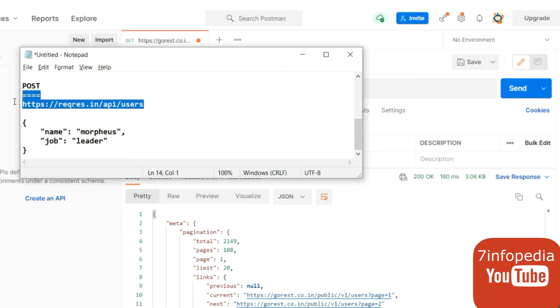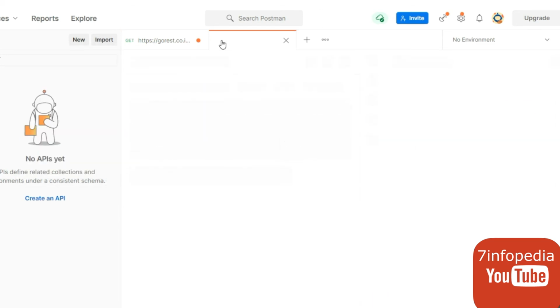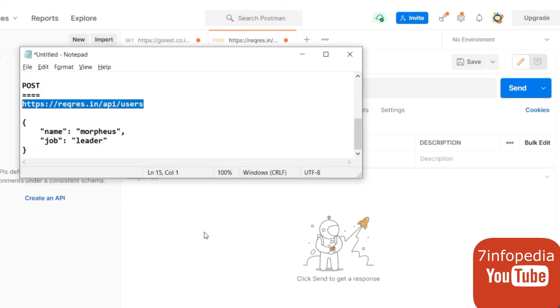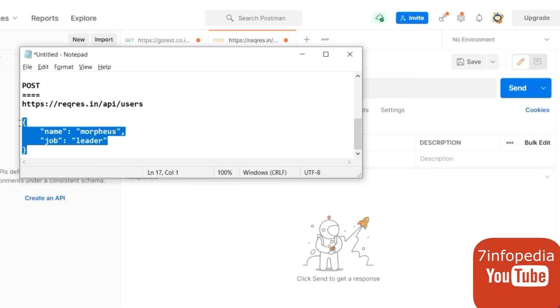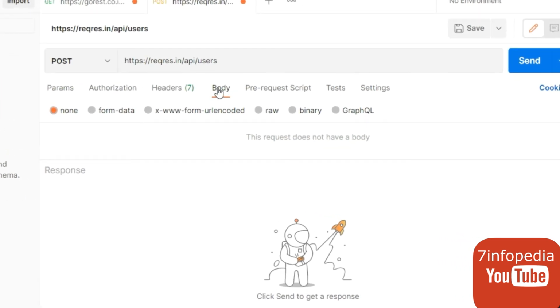So let's do that. Again, I will copy this URL, press this plus button, and I have the new screen. Change the type to POST and paste the URL. Now I have to provide the request body because we have to pass this JSON data. So first of all I'll copy this, go to this body section, and now I am passing the JSON data. I will click this raw one, and choose the type from this drop down, JSON. As per your need, you can choose any type of data that you are passing in.